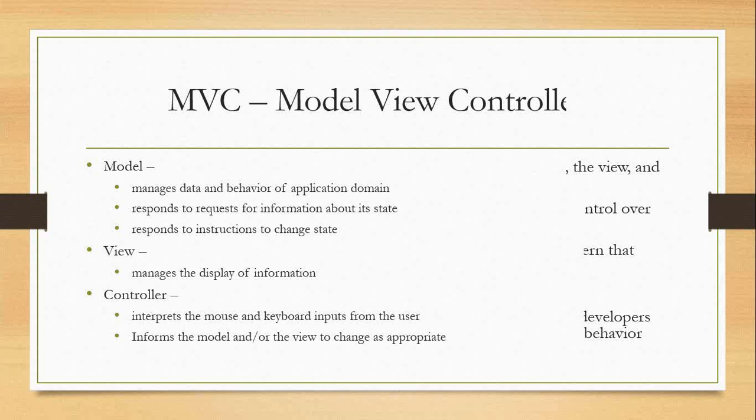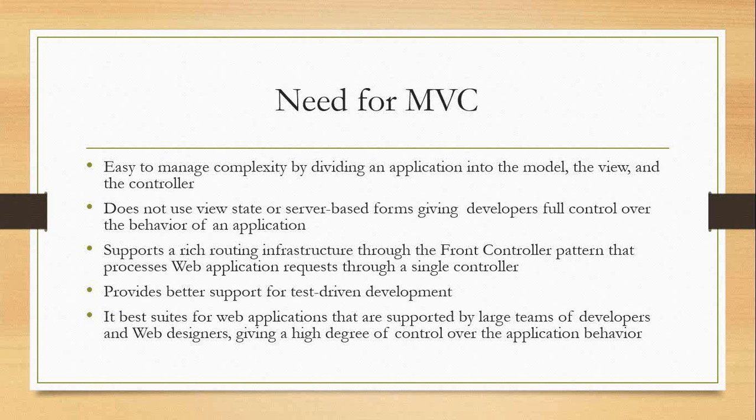Rather than having all of the components, whether it is data manipulation, whether it is business logic, whether it is presentation, instead of having everything as part of a single application, you are trying to divide your application into certain components such that you are trying to create a modularization. And because you have created modularization,